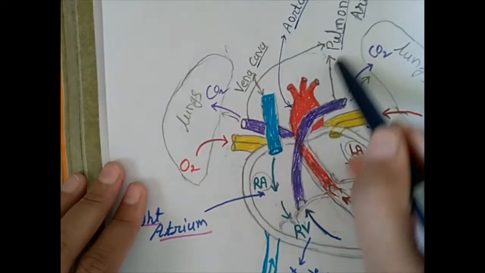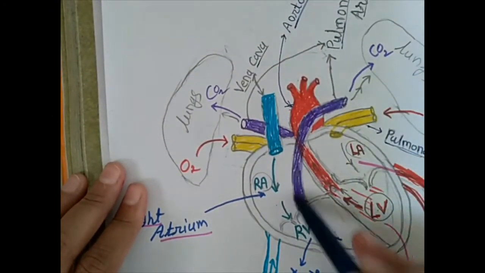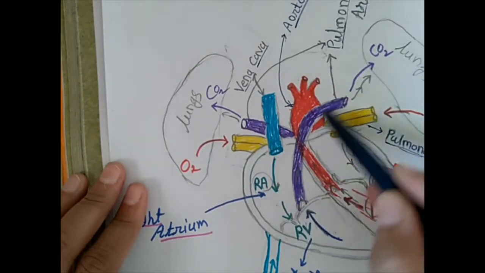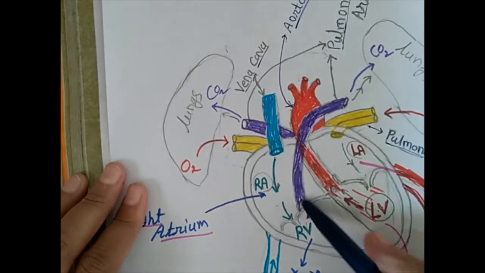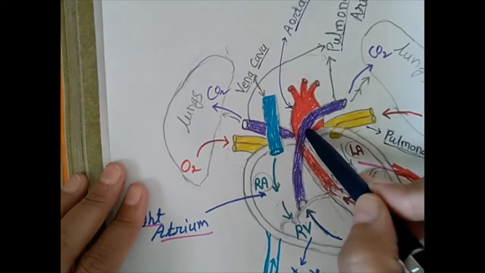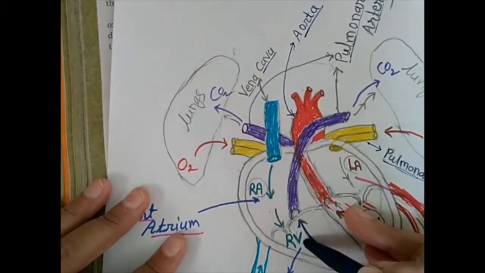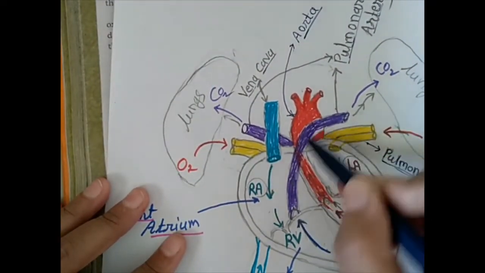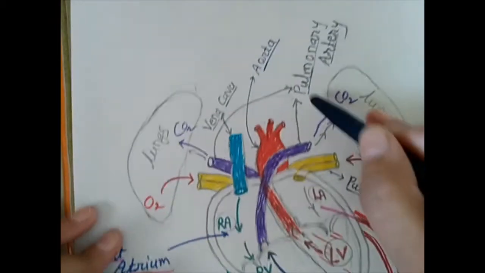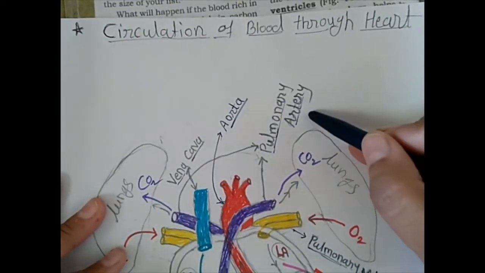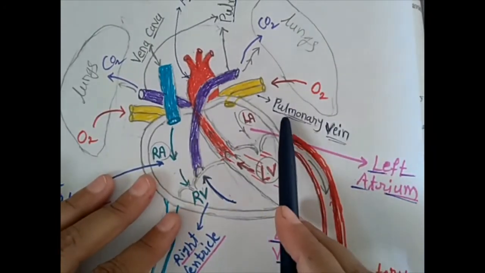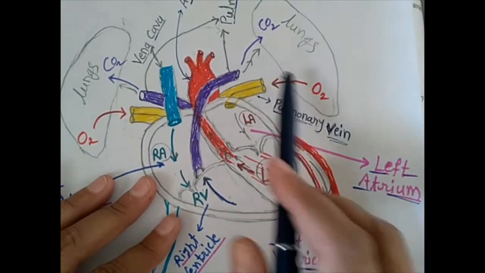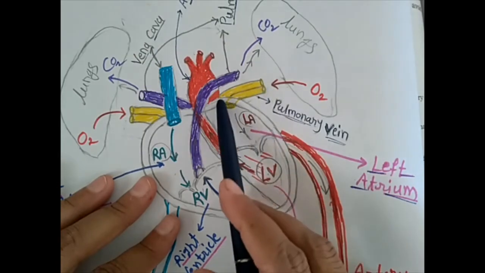That's why that artery is known as pulmonary artery, because from this pulmonary artery only deoxygenated blood it carries. This pulmonary artery carries deoxygenated blood, otherwise artery carries oxygenated blood. Why? Because from this right ventricle deoxygenated blood is carried towards the lungs. That's why the exception is there, pulmonary artery, the only artery that carries the deoxygenated blood, and the only vein, that is pulmonary vein, that carries oxygenated blood.